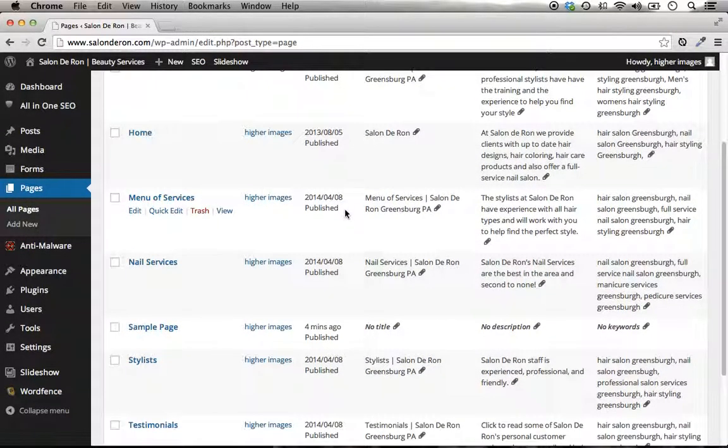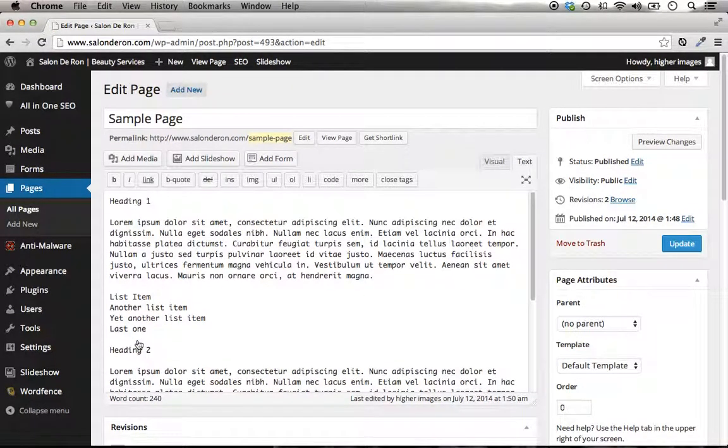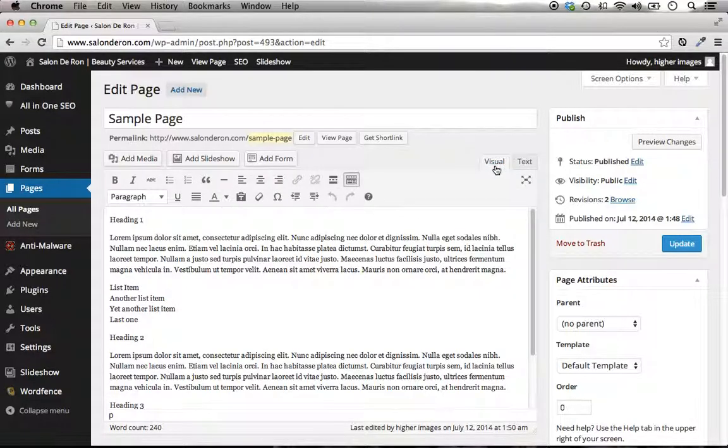Now I've made a sample page for this demo. If you hover over the name, you'll see that these links pop up. Now you just click on that to edit it. Now in here, this is the text mode, but you'll want to work in visual mode, so make sure that tab is selected. So once we're in here, you'll see there are various little buttons that allow you to style